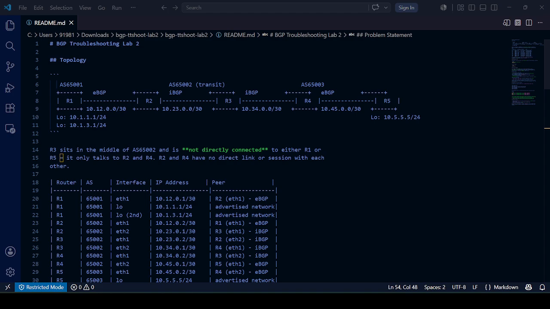So between R1 and R2, we have an eBGP link. Between R2 and R3, it's an iBGP link. Between R3 and R4, it's an iBGP link. And between R4 and R5, it's an eBGP link. So R2, R3, and R4 basically act as a transit for communication between R1 and R5, which